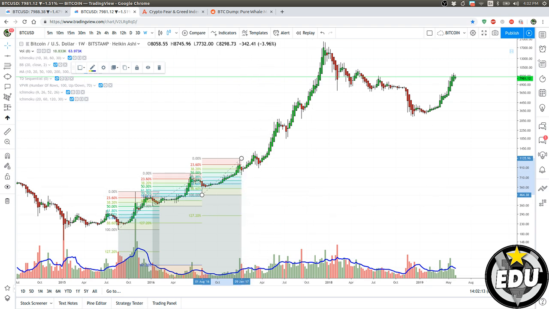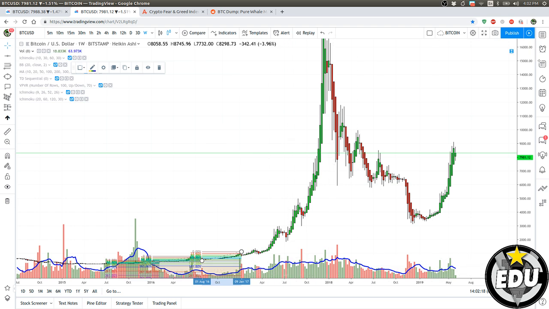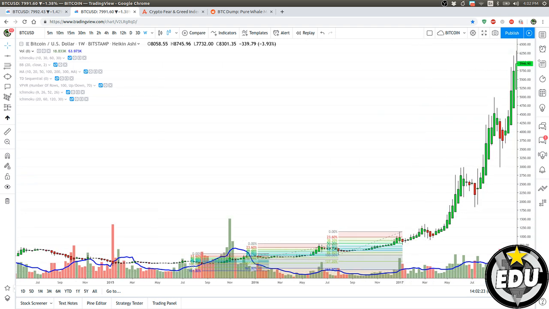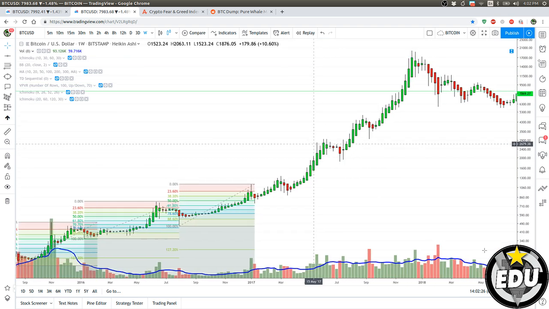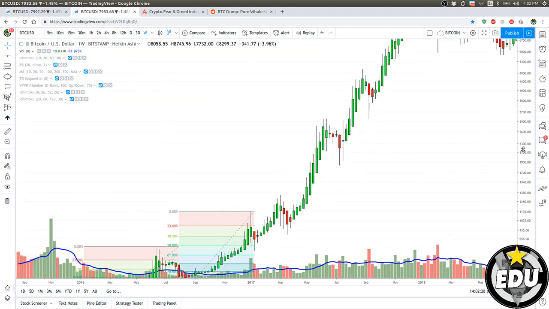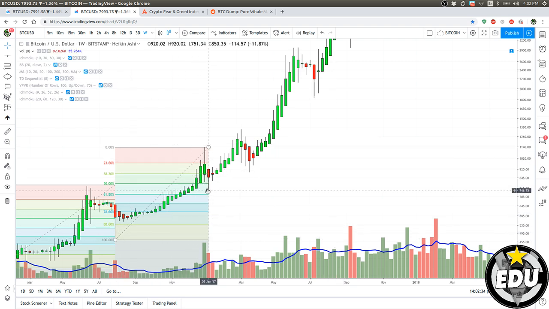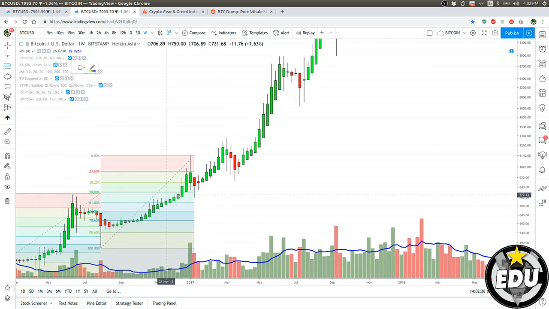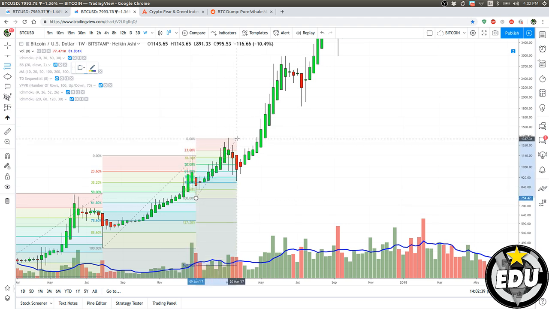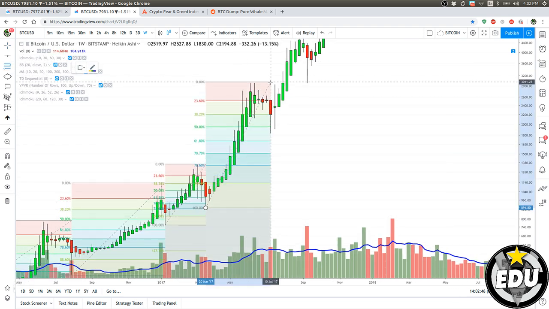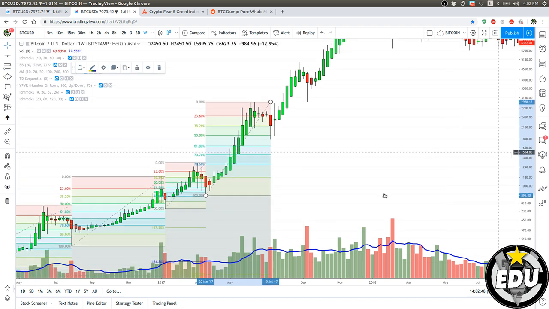Then it went up from here again and it dropped 61%. This is a logarithmic scale, so you don't notice the spike. But if I go on linear, if I move, maybe you will be able to see. Nah, not even. Anyways, it's straightforward. You guys can see that it's a 50%. I trace the Fibonacci. Then it went up again and retraced 78%. Then it went up again, retraced 50%, and so on.